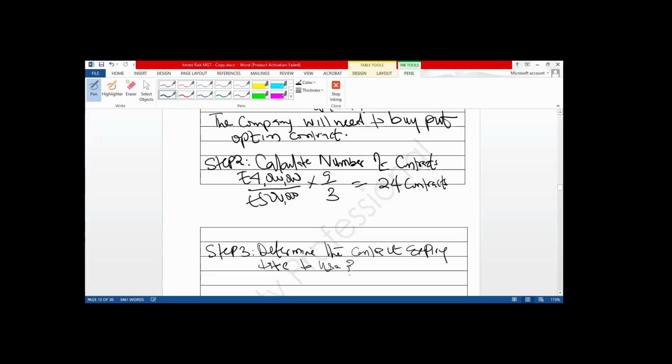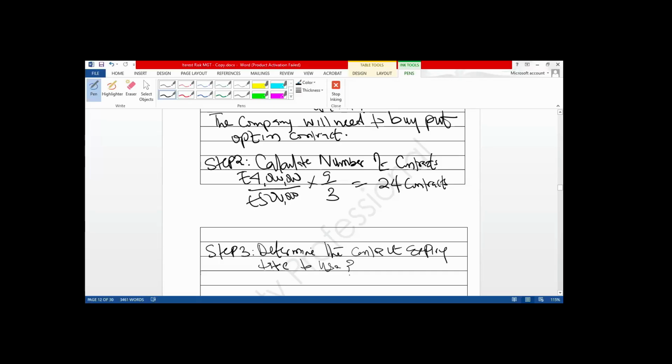The same thing we answer under interest rate futures. The transaction date is on the 28th of February. Which contract will mature after February? We make use of March. Now, March put option contracts. Which put option contract are we going to buy?